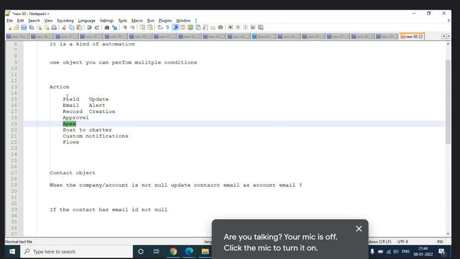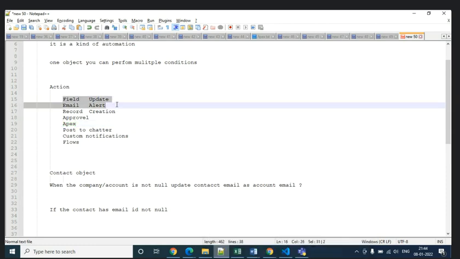Does anybody have any question on these two topics? No. Okay, if not, then try to do some examples on field update and email alert. The major differences you can find are only these: you can perform actions on related objects, you can send emails, and in the same process builder you can write multiple criteria. All of those are benefits of the process builder only. Correct.